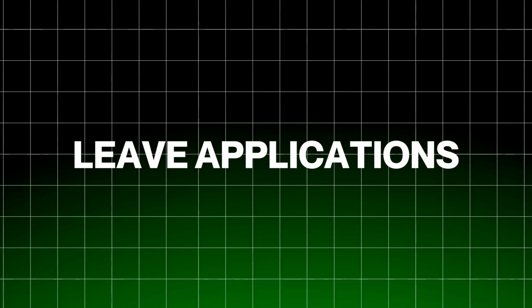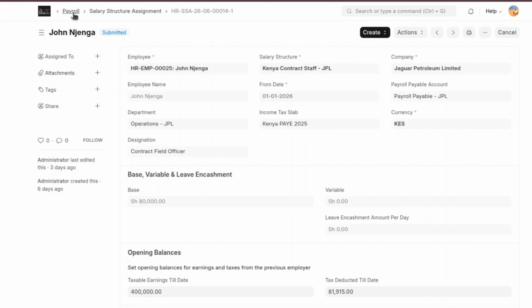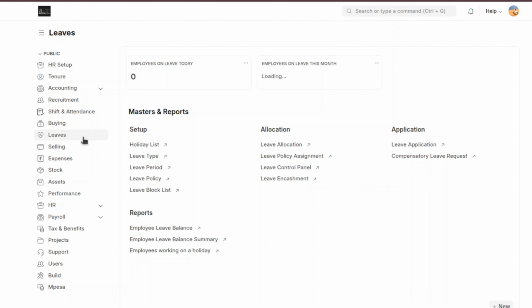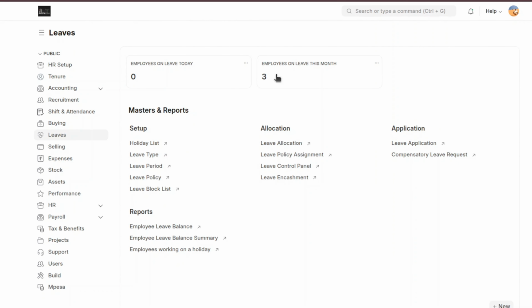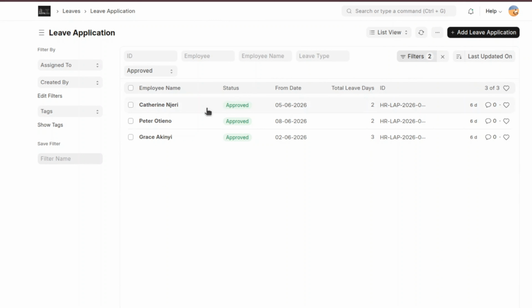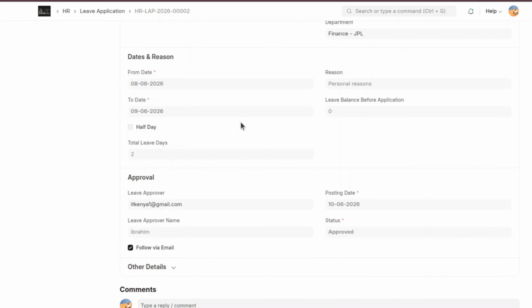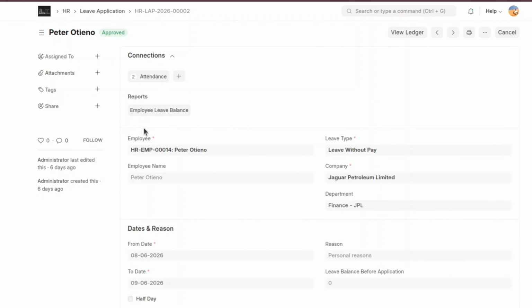Before we run the payroll, there is one more thing we need to check, and this is the thing that most payroll systems get wrong. So, leave applications for June. As you can see, we have 3 leaves this month. For Grace Catherine, 3 days annual leave paid with no effect on salary, 2 days sick leave also paid, and our third person is Peter Otieno. He has 2 days leave without pay, running from 8th to 9th of June, and